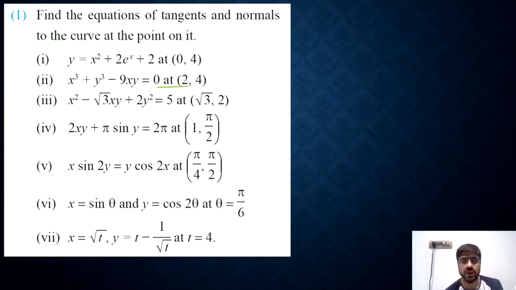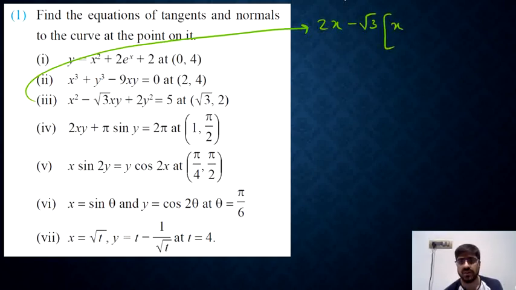And yeah, with that we go ahead with our third question. So with the third question, the things remain the same. We take a derivative of whatever has been given to us. So that will be 2x minus root 3, and in the bracket, we will have x dy by dx plus y, plus 2y square. So the derivative for that will be plus 4y dy by dx. And on the right hand side, we will have equal to 0.